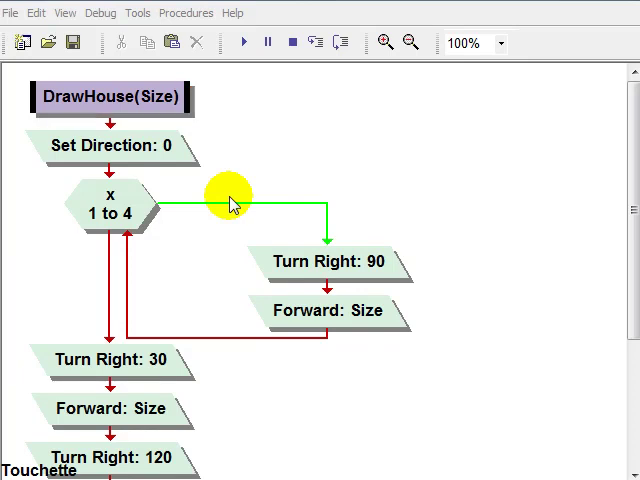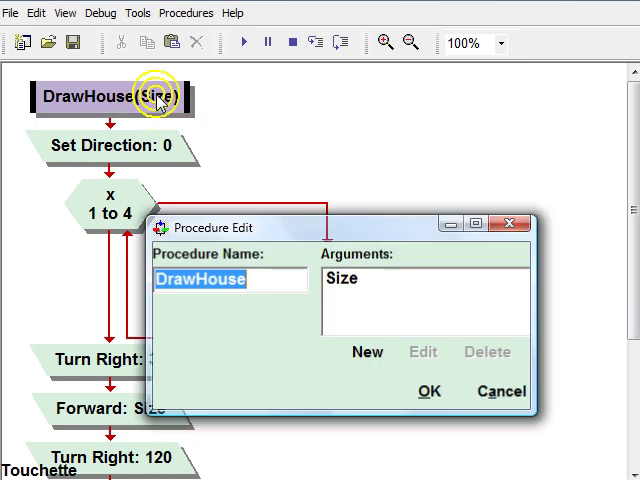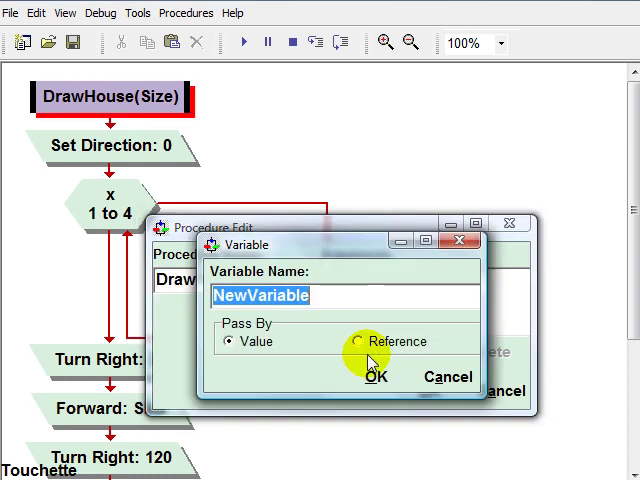Okay, here's a slight variation on our draw house program to show you how we use parameters within procedures. All I've done here is made some modifications to draw house. I double click on the draw house procedure. Notice I went in here and I've got a size argument, so I went in here and created new,